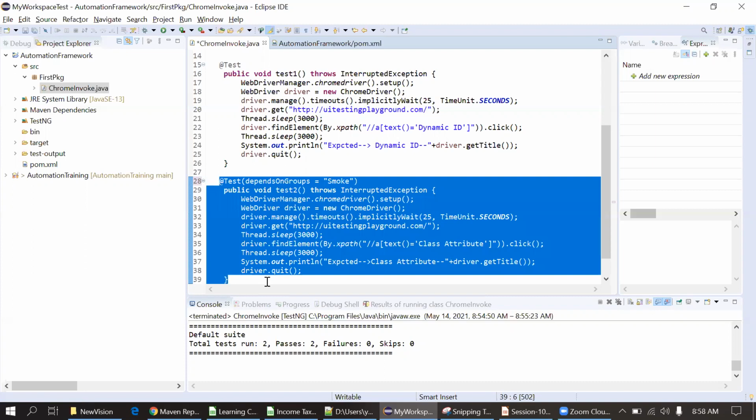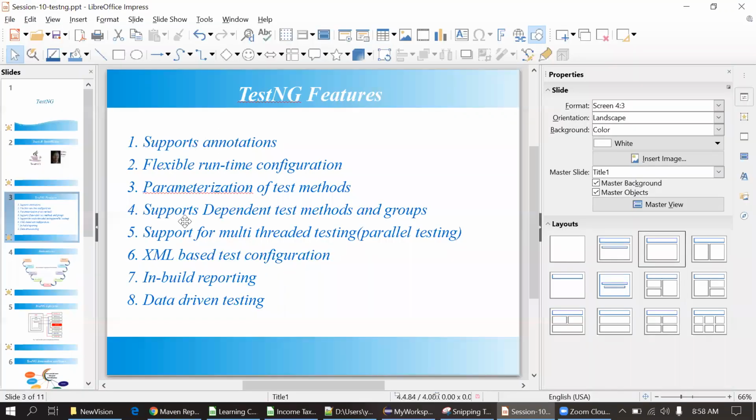Otherwise, it will not execute. It will just skip, and it will save execution time. So these dependsOnMethods and dependsOnGroups annotations we can use in TestNG.